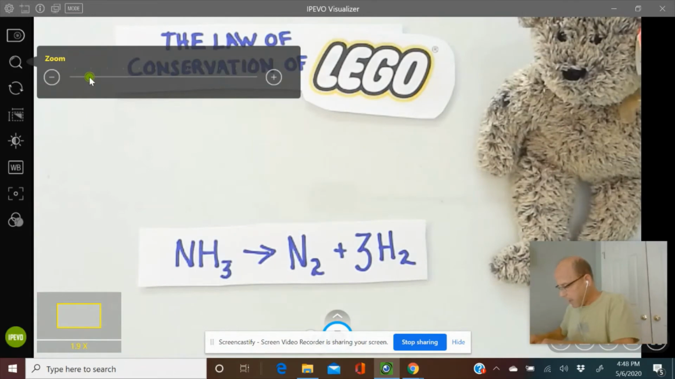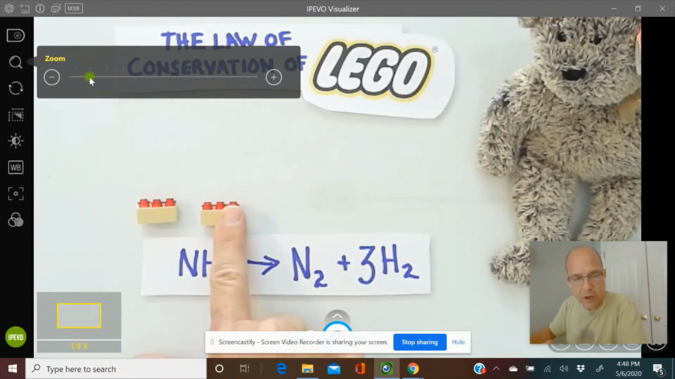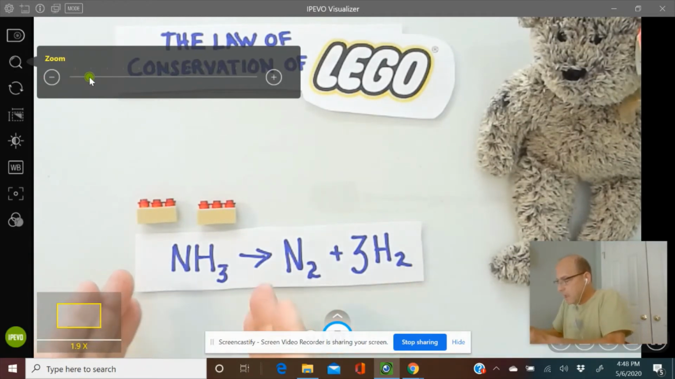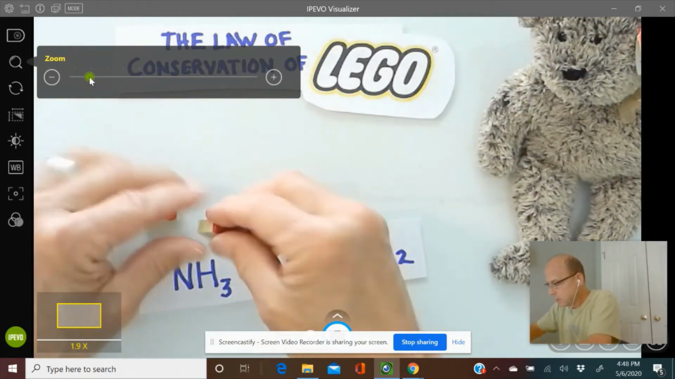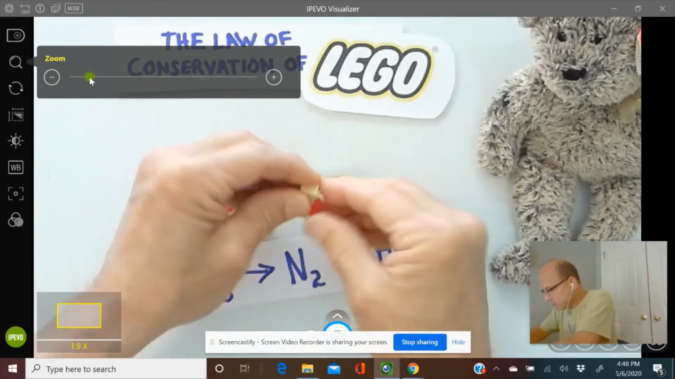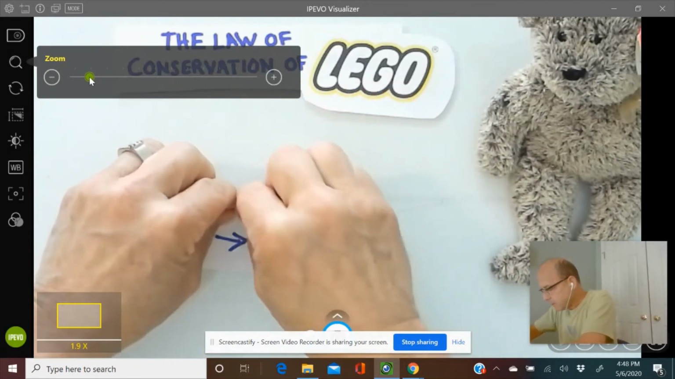Let's look. Hey, we got some ammonia here, which is nitrogen and hydrogen. So the nitrogen atom is represented by the 1:3 brick, and of course, still the hydrogen is the single red studs. Ammonia can decompose to nitrogen gas and hydrogen gas. So again, we just rearrange these atoms, these Legos, to form diatomic nitrogen and 3